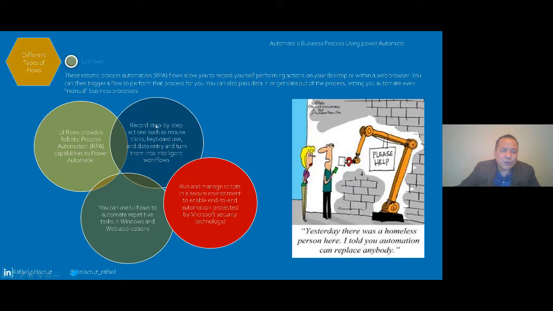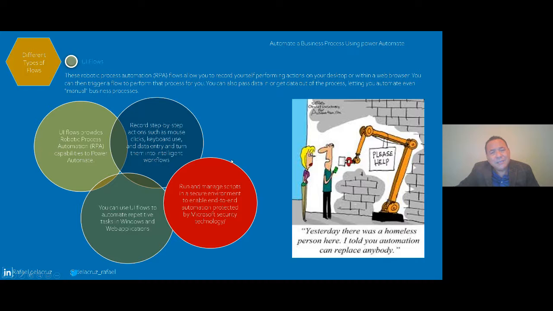As you can see here, it records step-by-step actions such as a mouse click, keyboard use, and data entry, and turns them into intelligent workflows. There were other solutions that worked that way in the past. In this case, UI flows provide robotic process automation capabilities to Power Automate.